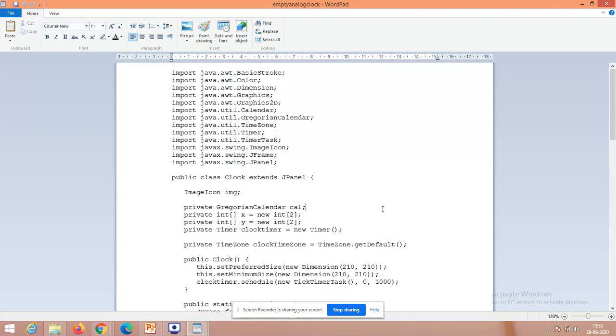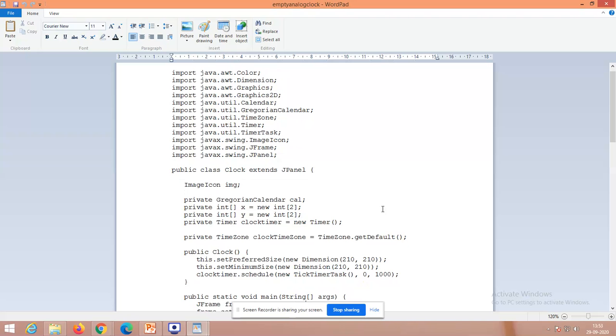The reason to fetch the Gregorian calendar here is that, based upon my local time zone, I am ready to make the clock tick based upon the local time zone, right? While you run this program in Repl.it, the local time zone won't be India's time zone. So it will be something different. If you want to run based upon your time zone, here in time zone you can give the corresponding Indian time zone. I think you can get this time zone in the second unit lectures I have taught you, right? So there you can give the corresponding Indian time zone, and a clock timer that they have designed as a logic.